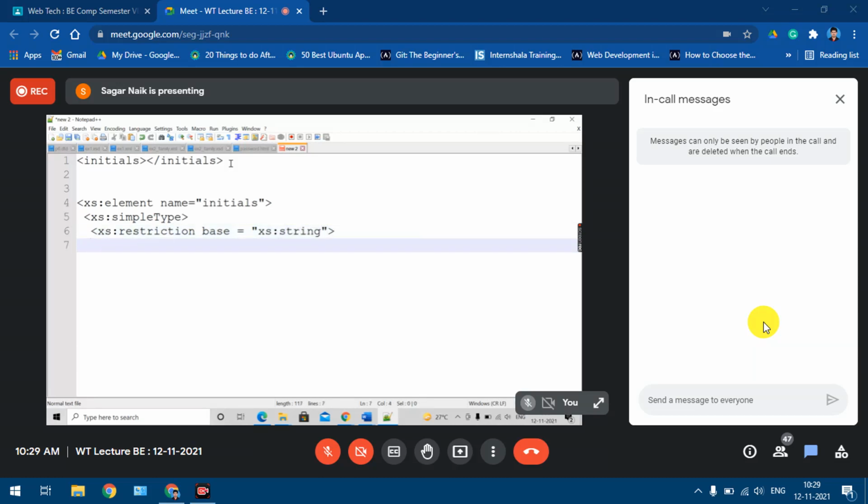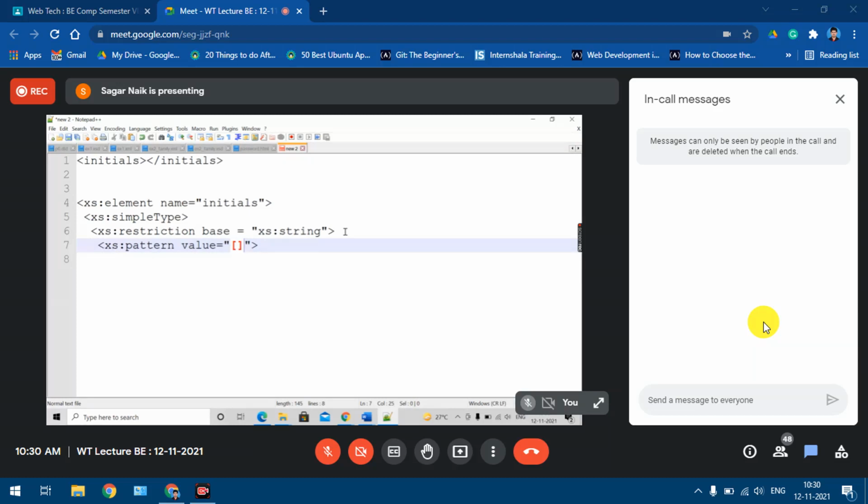Now, what type of values will be accepted here? Only three alphabets. And you know the pattern, how to define a pattern, because in the validation part in JavaScript I had already explained how to define a pattern and validate a string. To use a pattern in XML, we say xs:pattern value equal to, and what is the pattern?